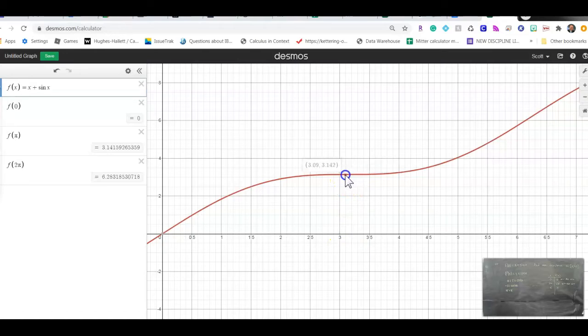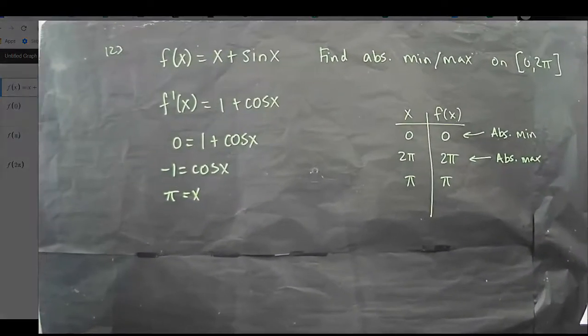Ooh. What is going on there? Is that a local max or a local min? No, it doesn't look like it. It's a flat point. So if I go back to the board here, I sort of have to renege on